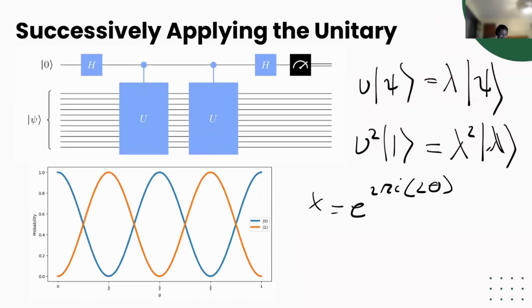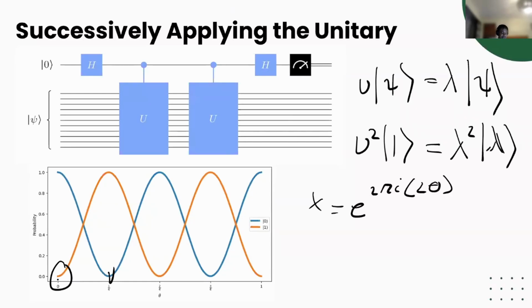Let's say, for instance, that again we're promised that theta is going to be a value of 0 or 1/4. Then we'll know exactly which one it is based on our measurements. Actually, sorry. If we're promised that theta is 0 or 1/4, if we measure 0, then we know that it's 0. And if we measure 1, then we know that it's 1/4.